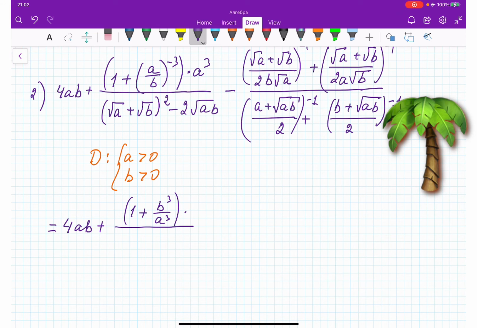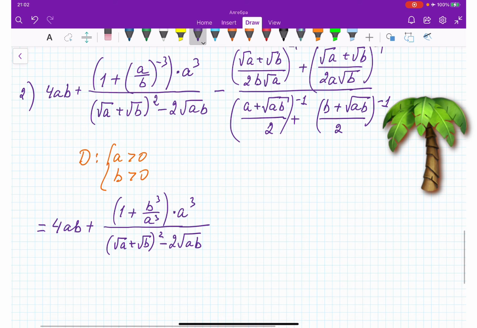Okay, times a cubed. And here so far I will leave the way it is. A plus square root b squared minus 2 square root ab. Okay, next, minus